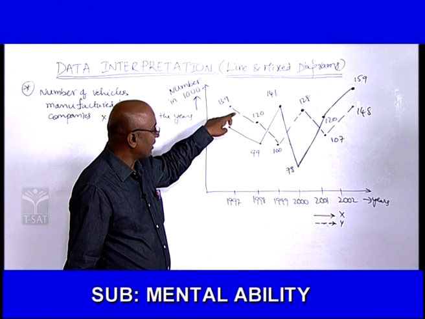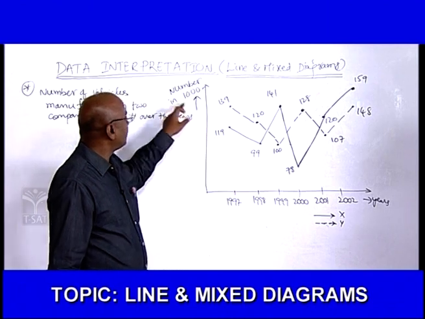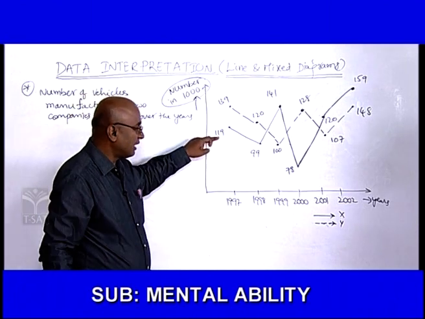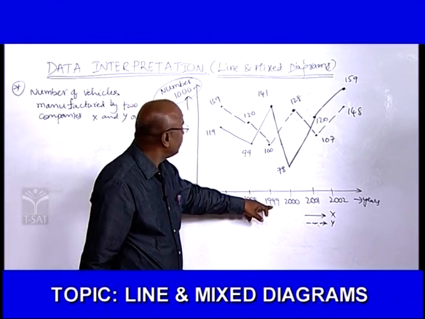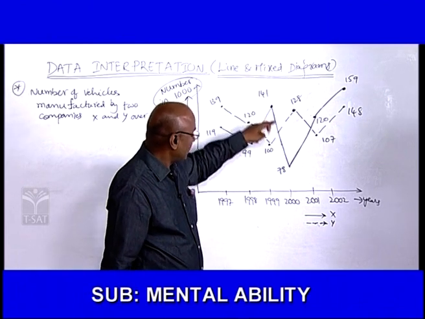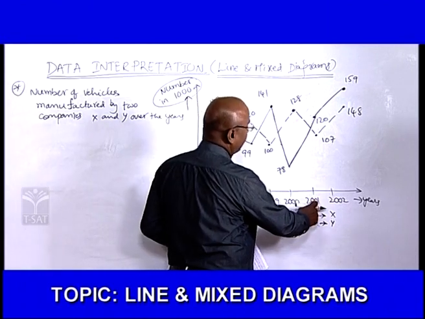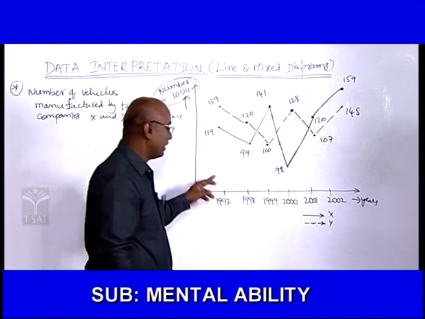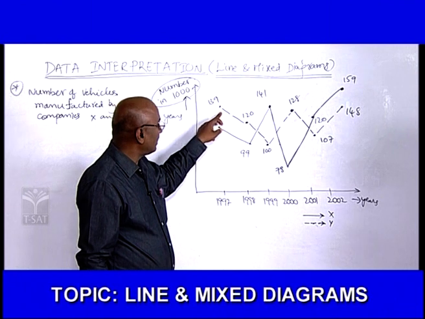The one with dotted lines is company Y, the one with straight lines is company X. The production of company X in 1997 is 119,000, the number is given in the thousands. In 1998 it is 99,000, and in the year 1999 it is 141,000, and in the year 2000 it is 78,000, and in the year 2001 it is 120,000, and in the year 2002 it is 159,000. Similarly, the vehicles manufactured by the company Y, which is shown with the dotted lines, it is